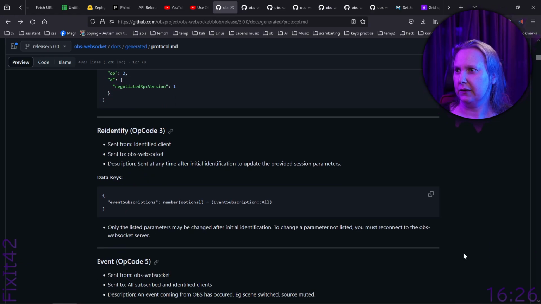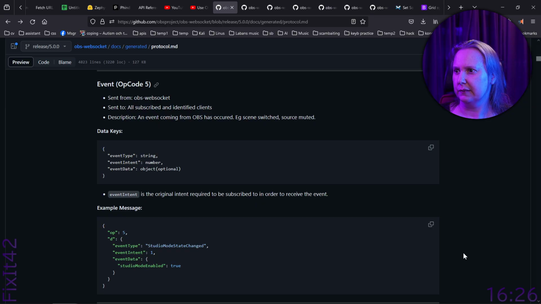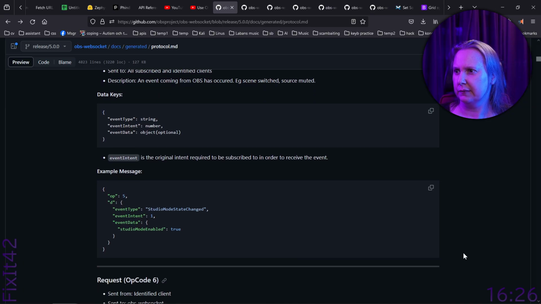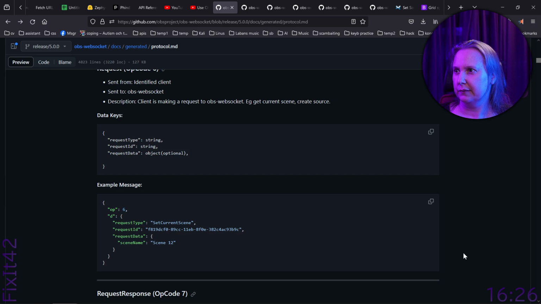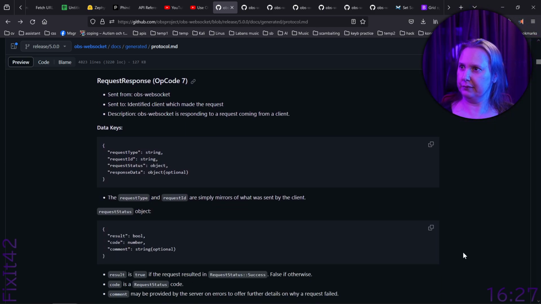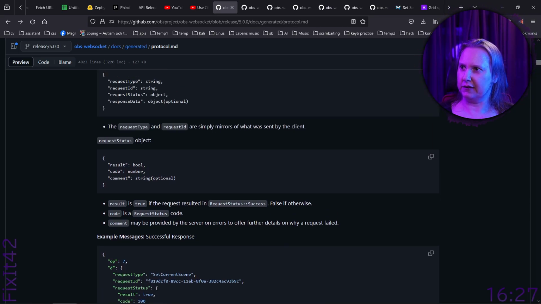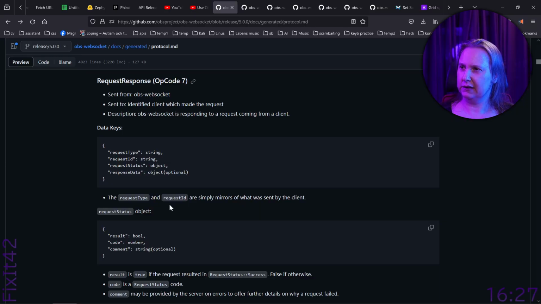I don't think we need to do any authentication or stuff, you know. I'm starting to get very tired. So, I'm feeling very slow. But here we have a simple example of the set current scene. And we get a response to